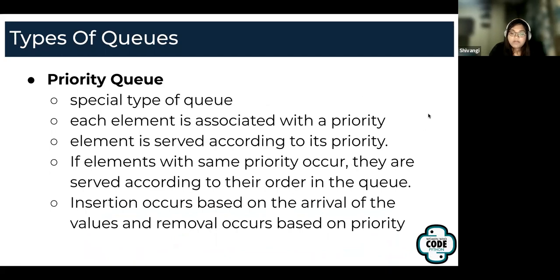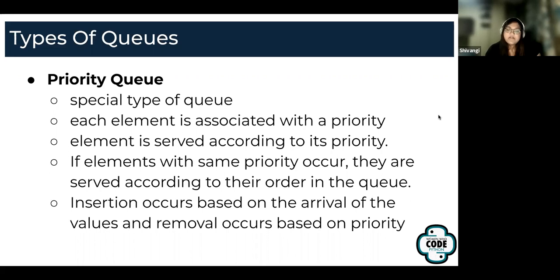Now let's talk about priority queue. A priority queue is a very special kind of queue, and it is one of the most popular and widely used queues. Why is that so? Like its name suggests, there is something called a priority, right? So essentially, each element is associated with a priority. Now, in all the queues you saw so far, the order in which the elements were removed was the FIFO rule, right?